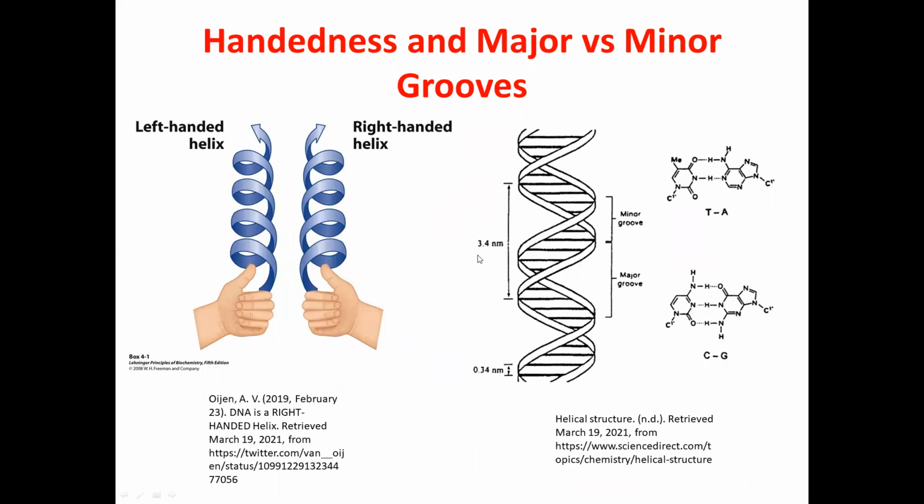Handedness describes the direction that the helix is turning. If the spirals point up and to the left, it is left-handed. If the spiral points up and to the right, it is right-handed. The normal form of DNA is right-handed. The helical shape shows minor grooves and major grooves, which alternate. The major grooves are good for proteins that come and interact with the bases present to help unwind the structure